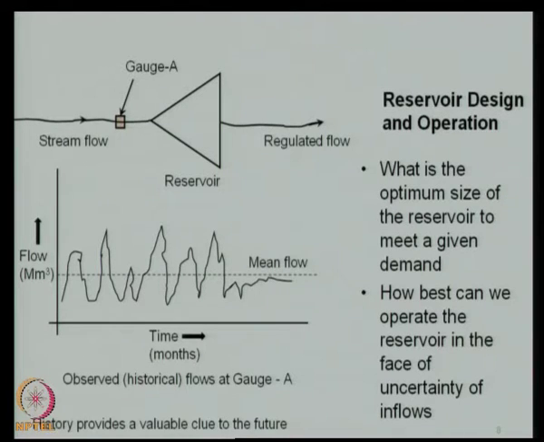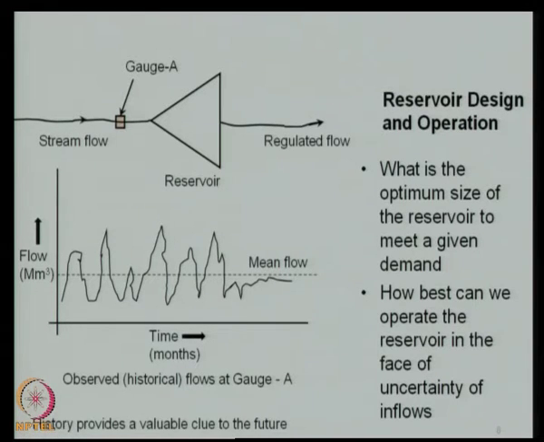The second question that we ask is, if you have a reservoir already built and you want to meet a certain demand pattern. What do I mean by demand pattern? That month to month the demands are varying, month to month the flows are varying, and you have a given reservoir already in place. How do we operate this reservoir in the face of uncertainty of the flows? Because you need to operate it not knowing how the future will be. Even within a year, you do not know exactly how the future will be, and you need to operate that in the face of uncertainty of inflows.